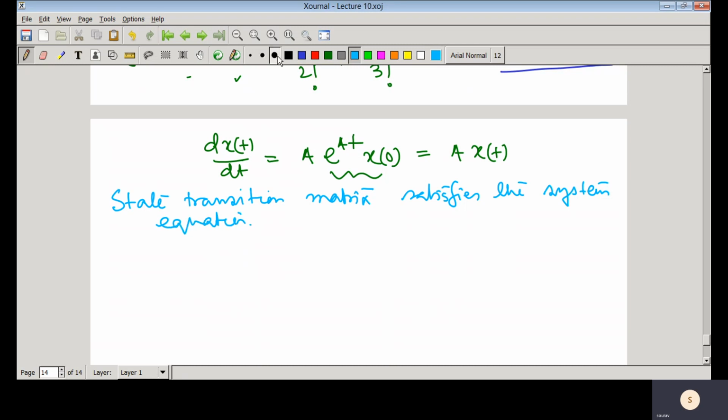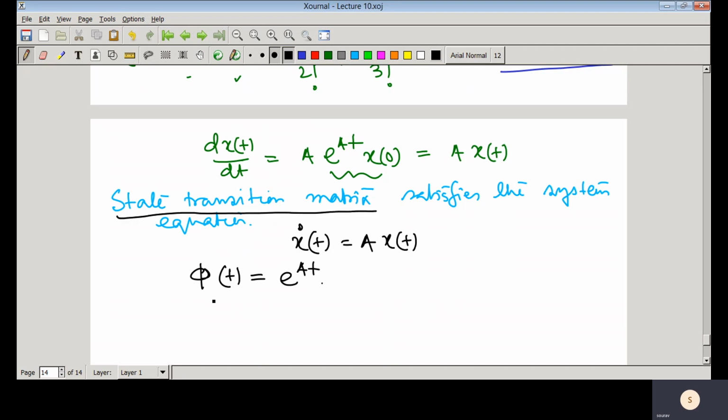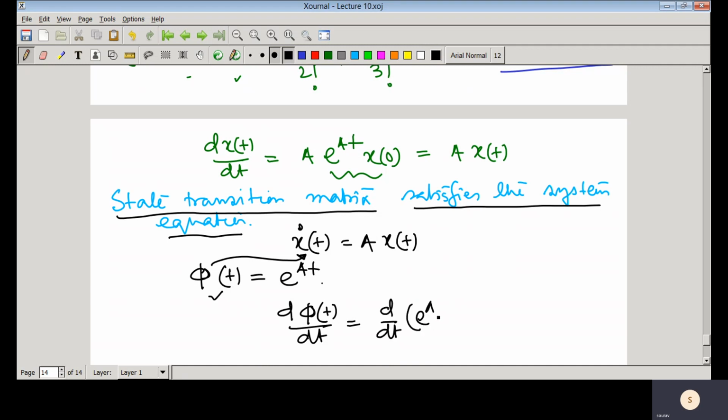What is that system equation? The system equation is x dot (t) = Ax(t). I am taking the homogeneous case, that means u(t) = 0. Now suppose the state transition matrix is phi(t), denoted as e to the power At. This statement says that the state transition matrix phi(t) satisfies the system equation. So if we replace it here, it must hold. So what is d phi(t)? d phi/dt = d/dt of e to the power At,